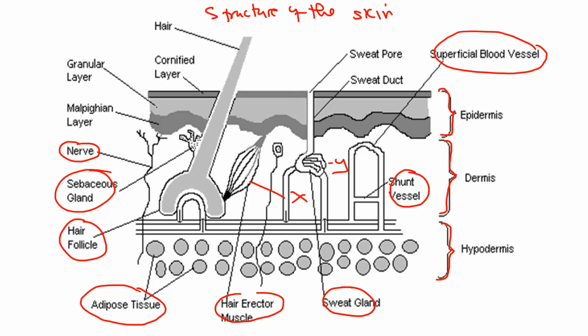You know that the sweat gland produces sweat. And as we look at temperature maintenance, you see the importance of the sweat gland. The hair erector muscle can contract or relax, and of course we will see how it helps in pulling the hair. So this hole is the hair, and this plays an important role in temperature maintenance. Then also the shunt vessels, you need to know how they work. The superficial vessels are very important.